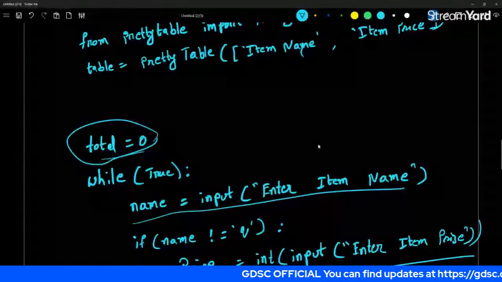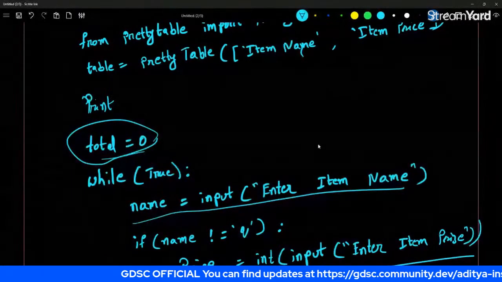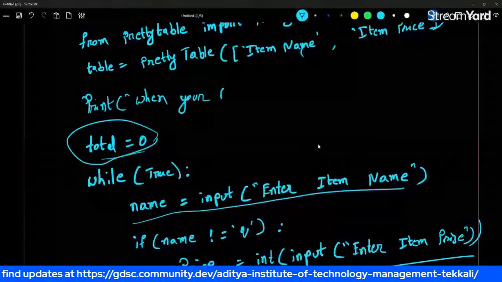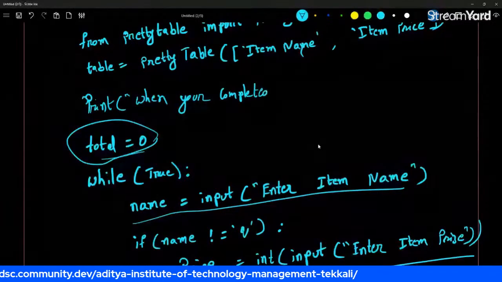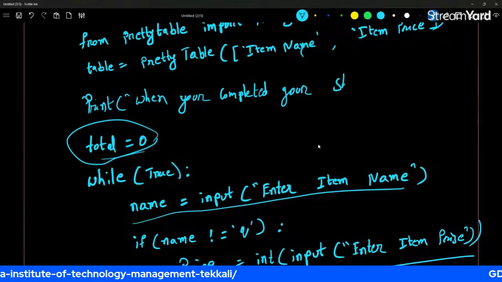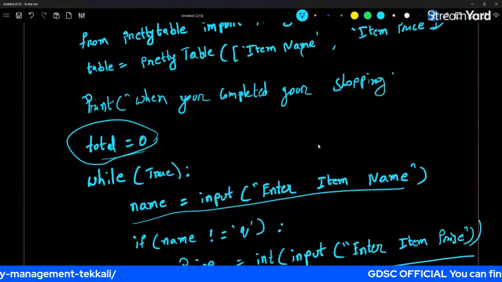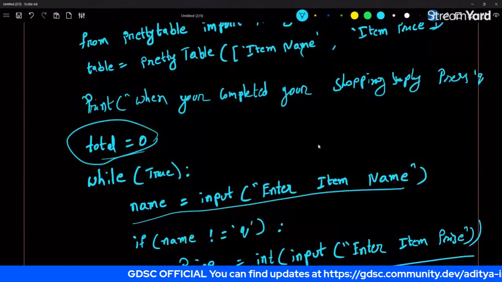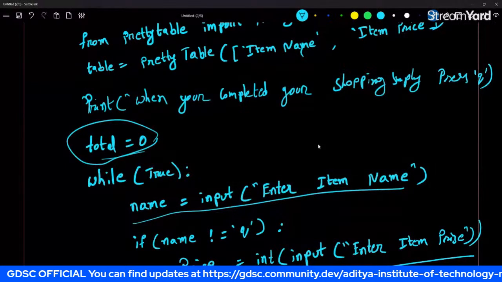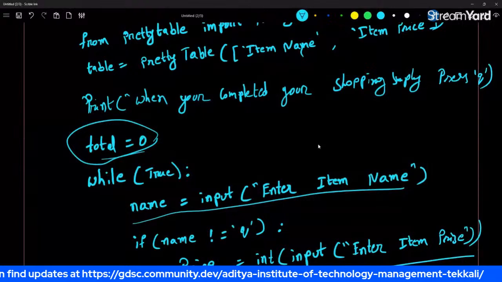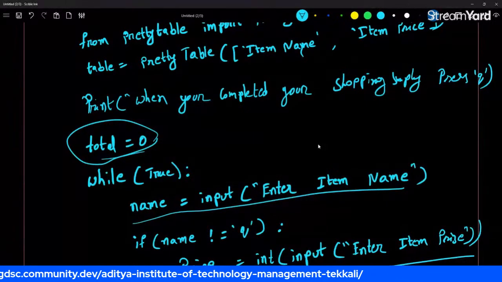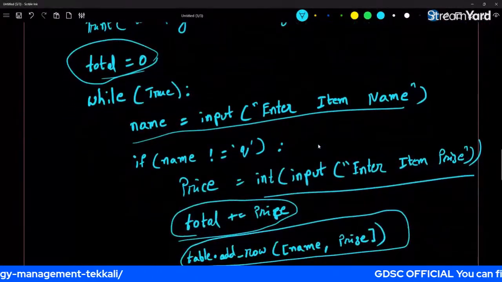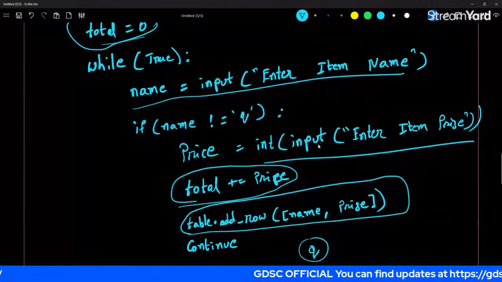Again here, you will ask the user that when you have completed your shopping, simply press Q. So when you have completed your shopping, simply press Q. Then the user will press Q, and the shopping will get terminated, which means you have completed your shopping. If it is not Q, then